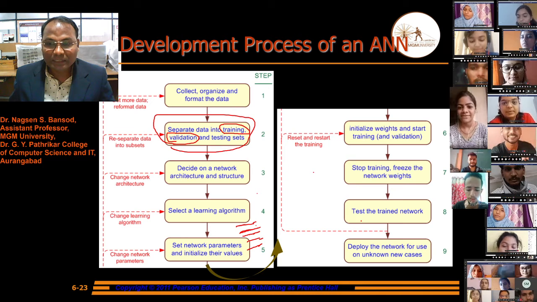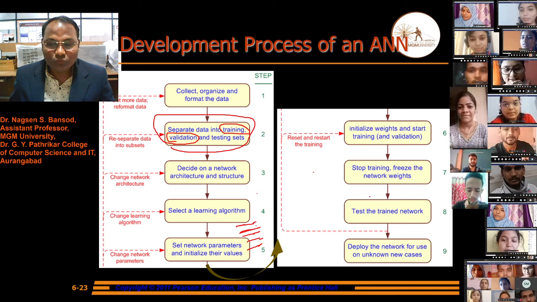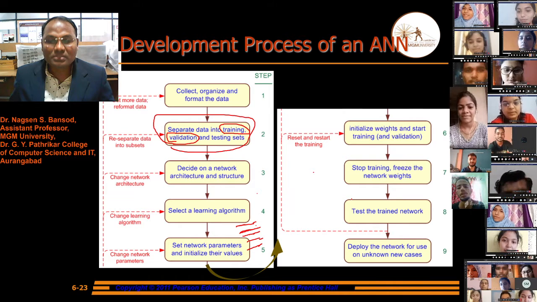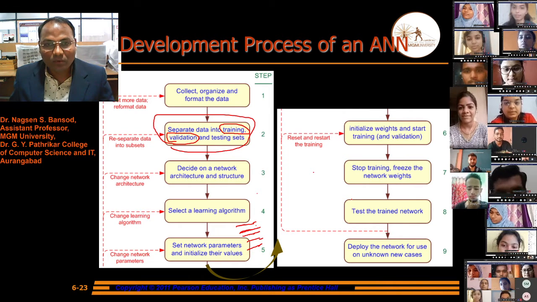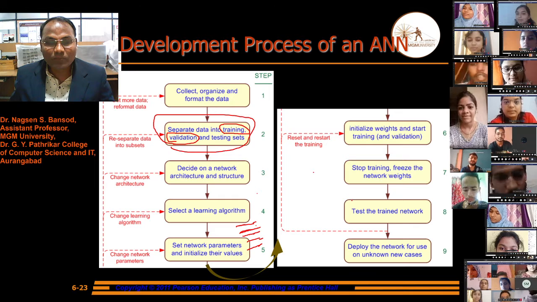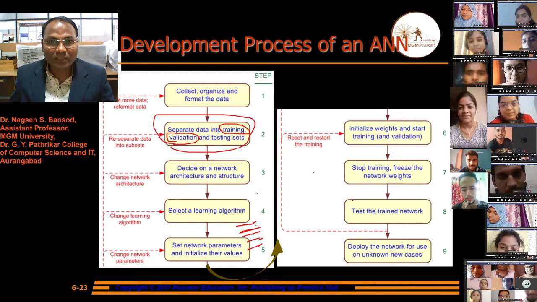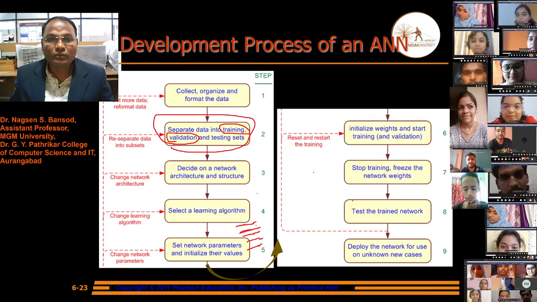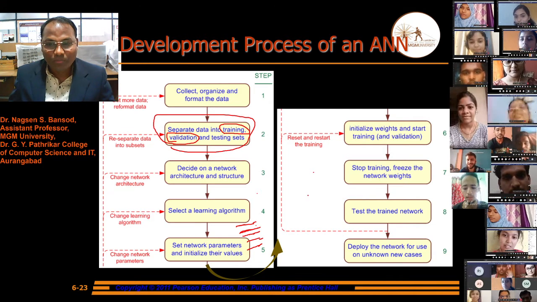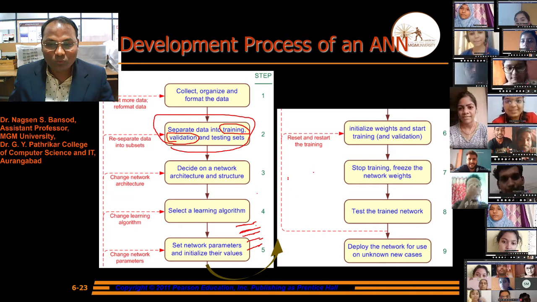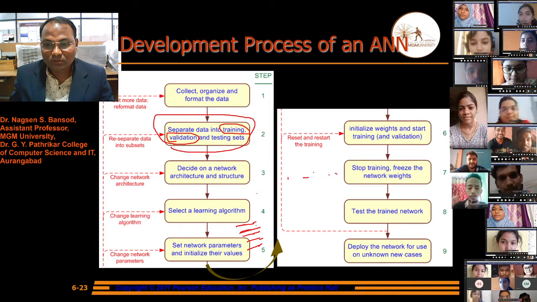After that, test the trained network. Once we have frozen the network, then test it again on real life applications by providing the real testing data which is not trained into that model. Suppose we have a hundred records, 1 to 100.